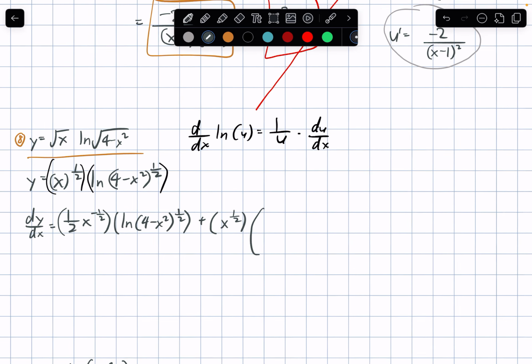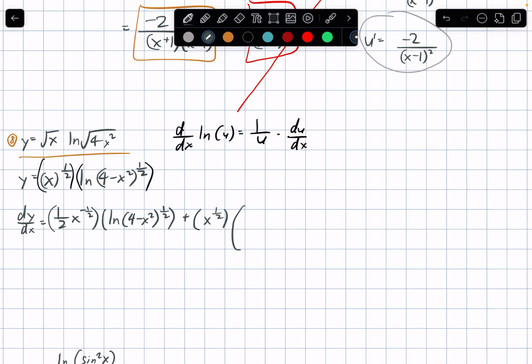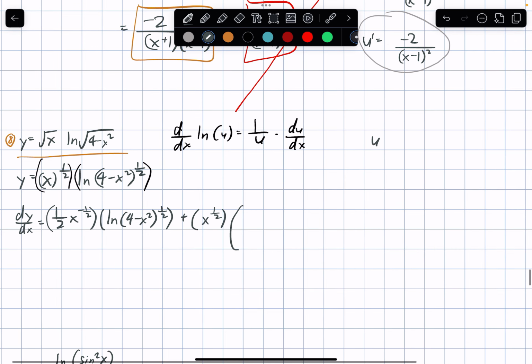By the way, we haven't computed for the u and u prime yet. Let's compute for it now. So u is, don't forget the radical sign. This could also be expressed as this. And finding the derivative of it could also be written as,